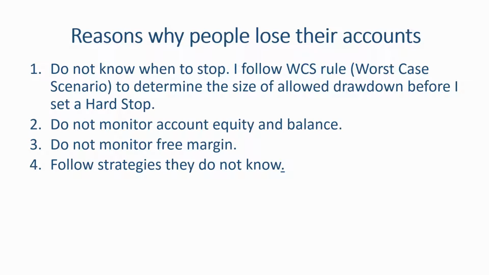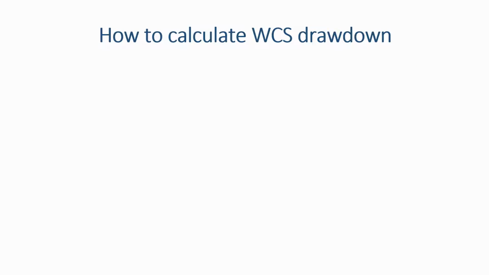But if you follow a trading strategy and you're disciplined about that, and you follow all the rules correctly, do you know much about the trading strategy? Do you know what worst case scenario drawdown you should expect, and when you should stop trading that strategy? How do you know if it's following the expectations of that trading strategy, and so on? Now I will show you how to calculate the worst case scenario drawdown, because I think it's one of the most important things when you start trading any trading strategy, whether manual or